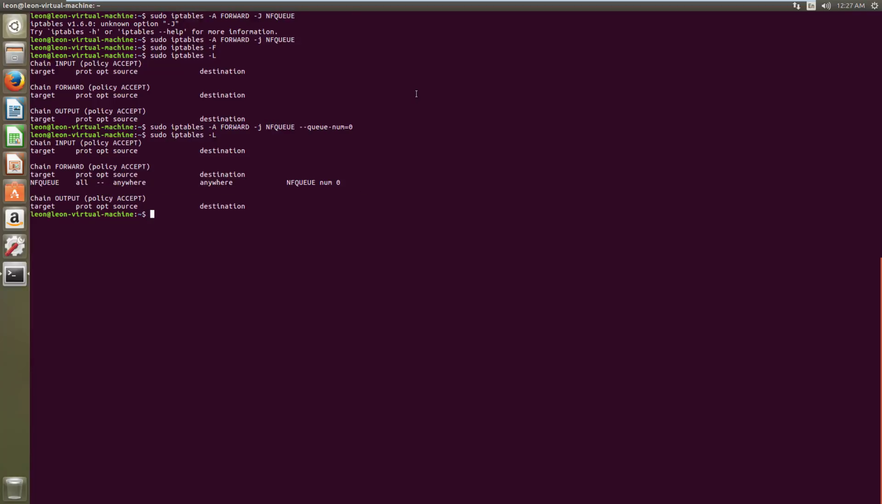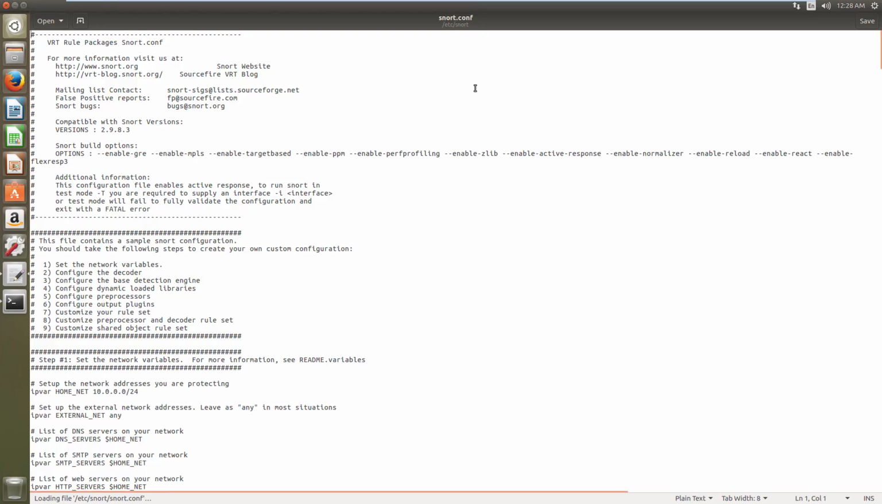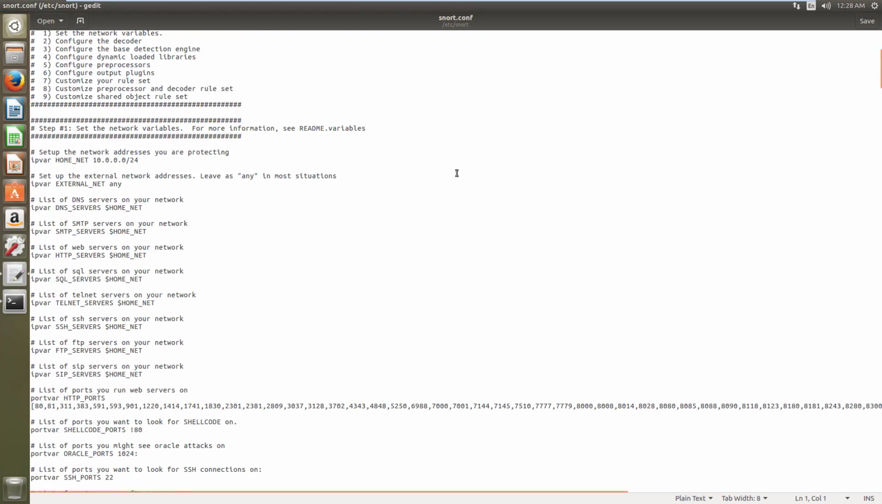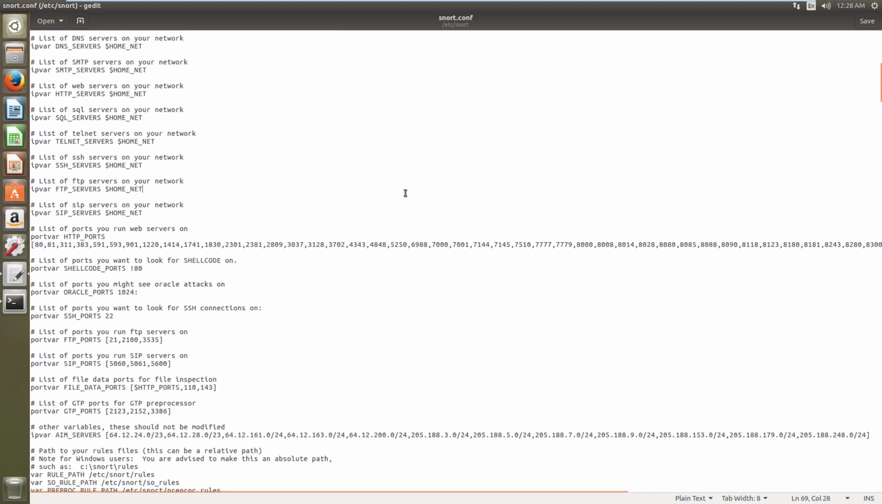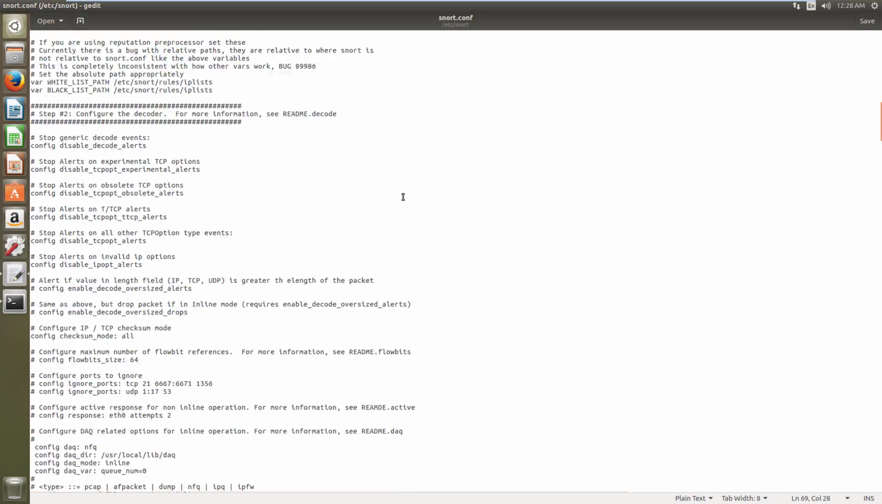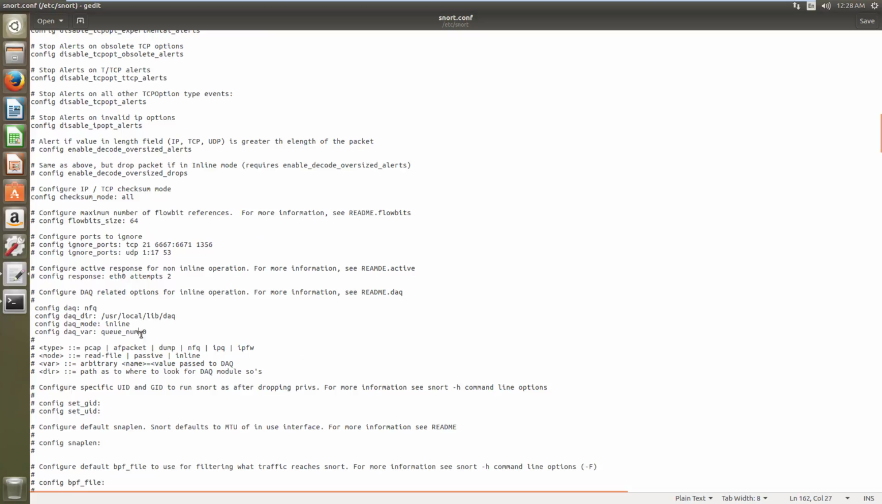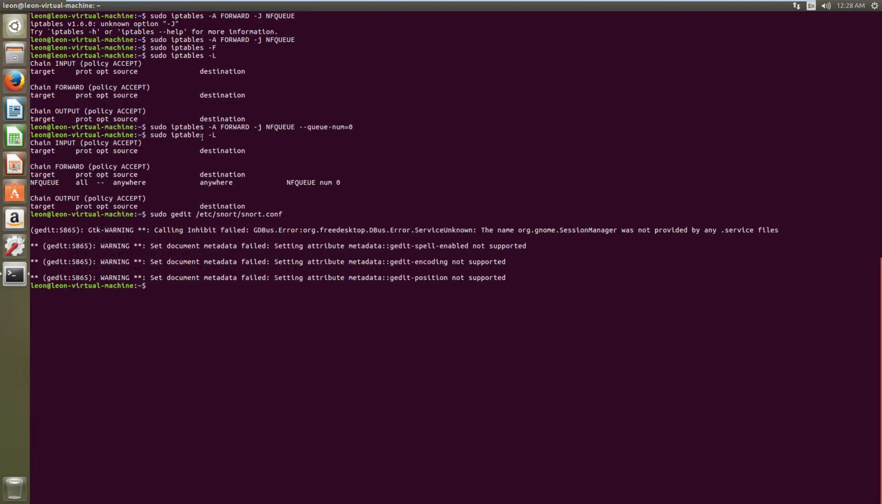Now I need to start Snort. Okay, before going to Snort, I need to correct one more thing here. Let me show you. Here I just remembered that I need to remove this number here. I only need to mention queue-num equal to 0 here. That's it. So now let's start Snort here,